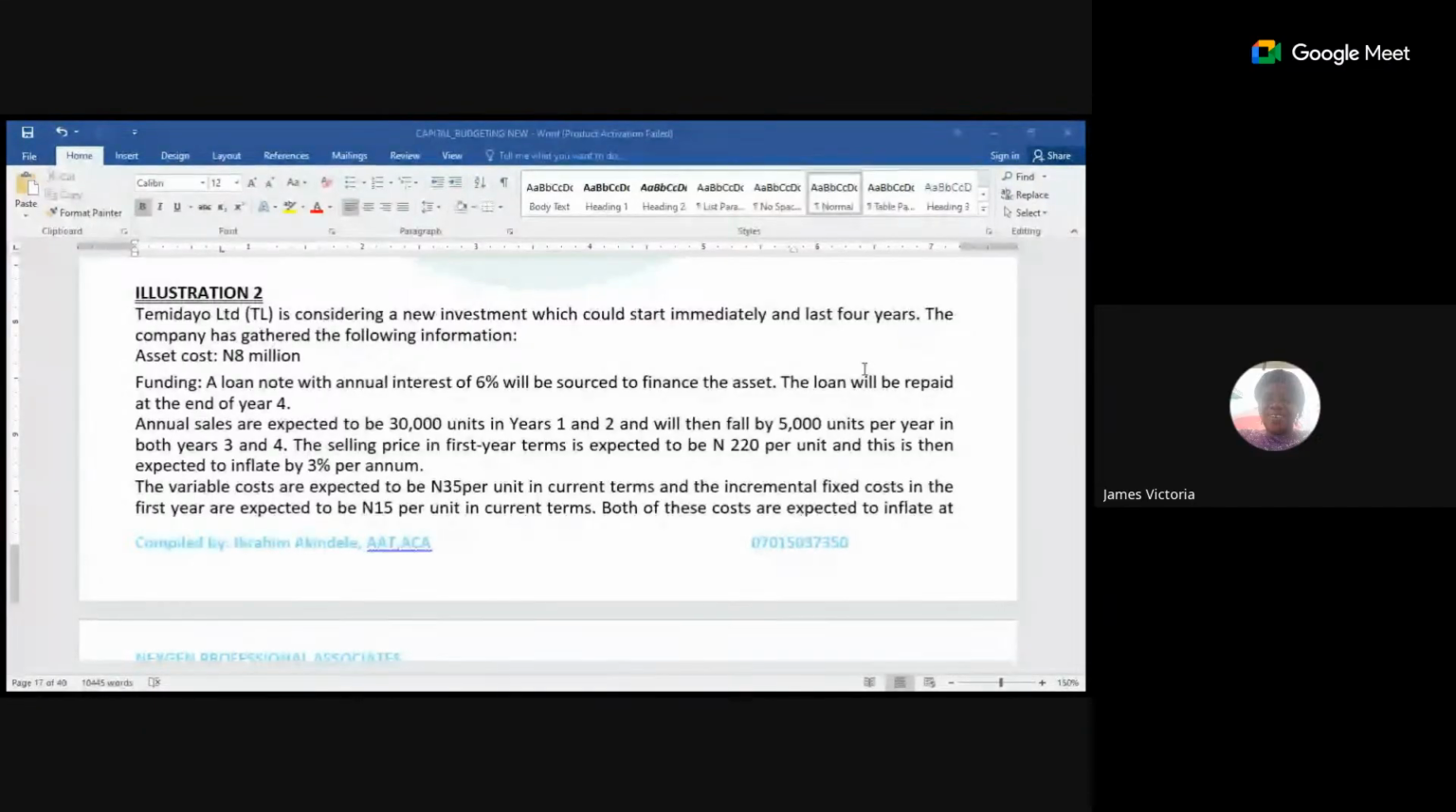The selling price in the first year's terms is expected to be 220 naira per unit, and this is then expected to inflate by 3% per annum. As a result, when you have the expected sales of year 1 and year 2 to be the same, then the selling price in the first year's terms is expected to be